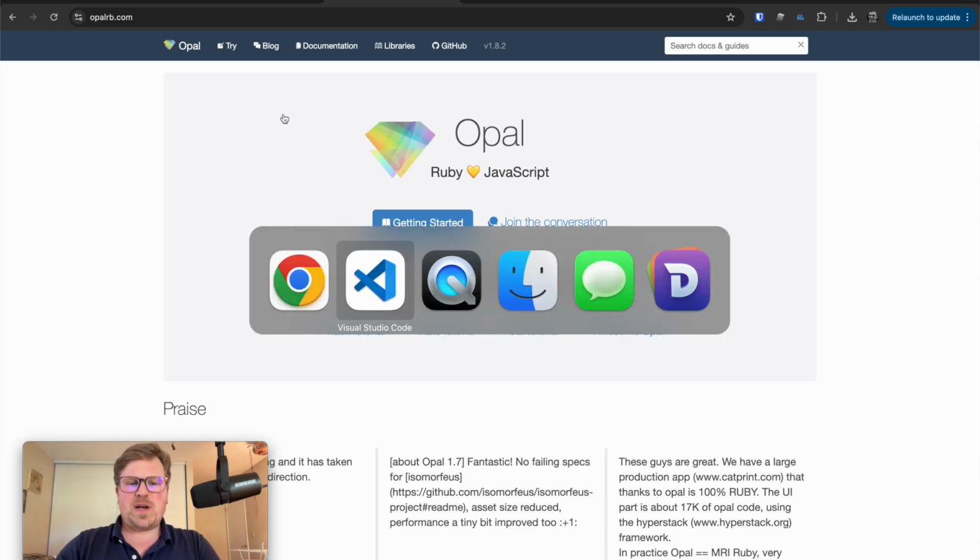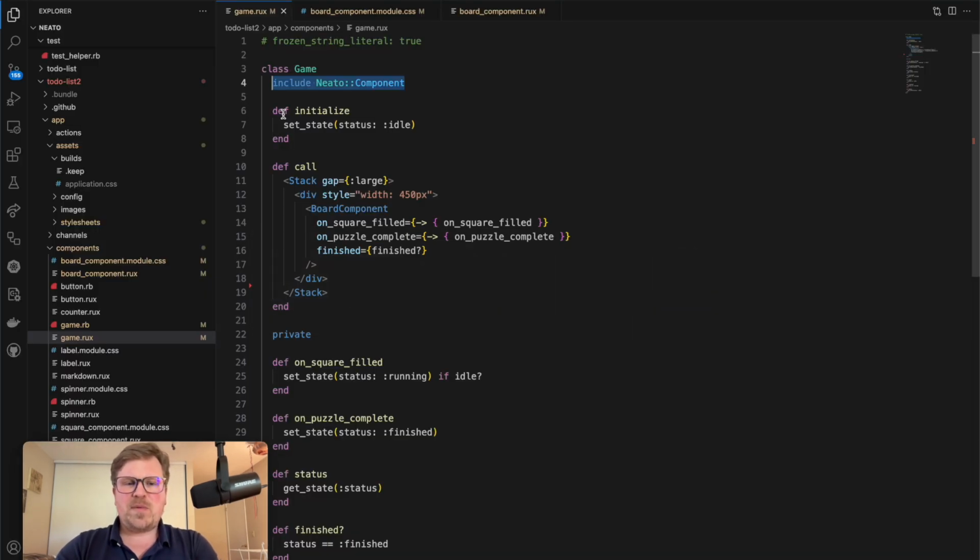And then if we go back to our editor here, I'll just describe some of the rest of this. Each component, so this is the game component, you just include this Neato component module. There's the concept of state, just like you might have in a React component. And then down here, just like you also would do in a React component or maybe a Vue component, the call method is where you define your template. And you might be noticing in here that instead of having ERB tags or literal text or whatever else, what I'm using is what looks